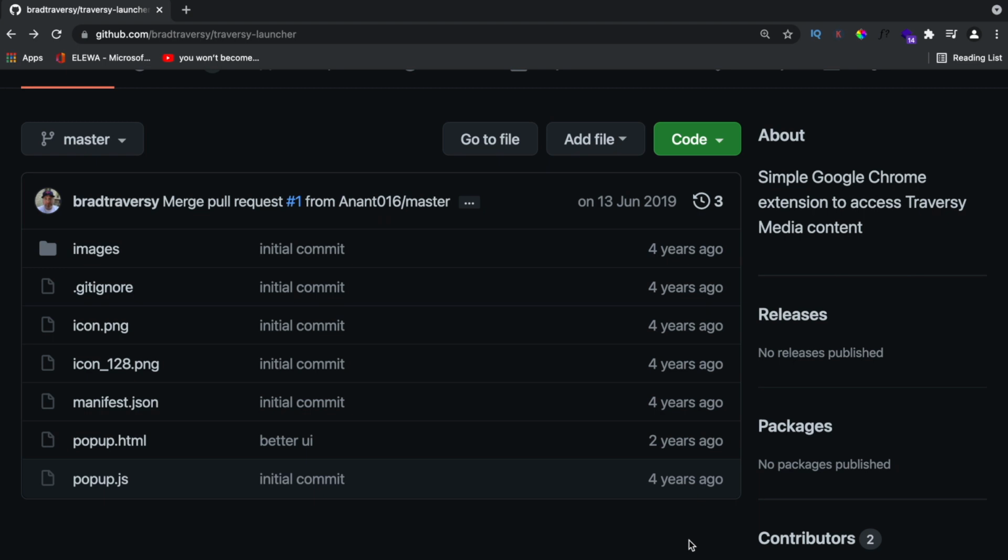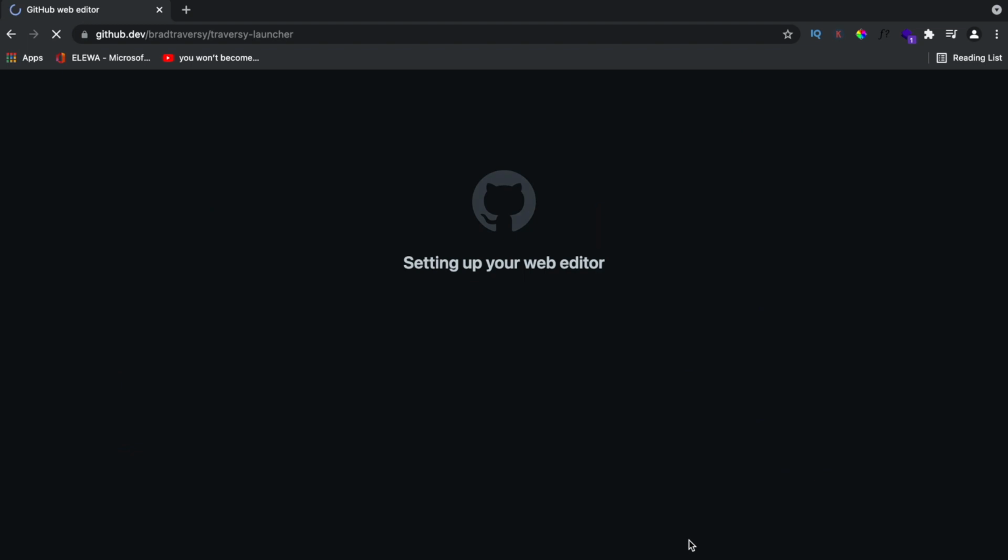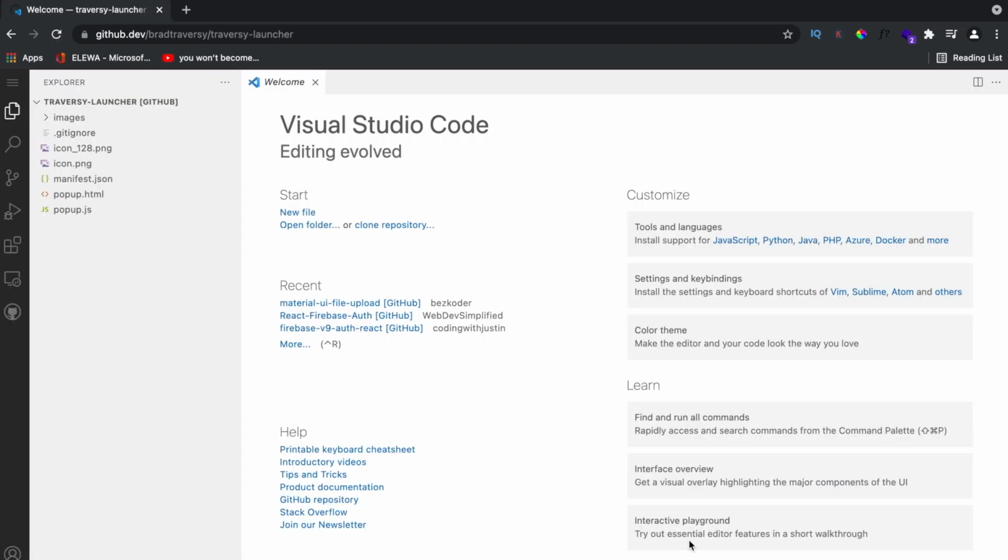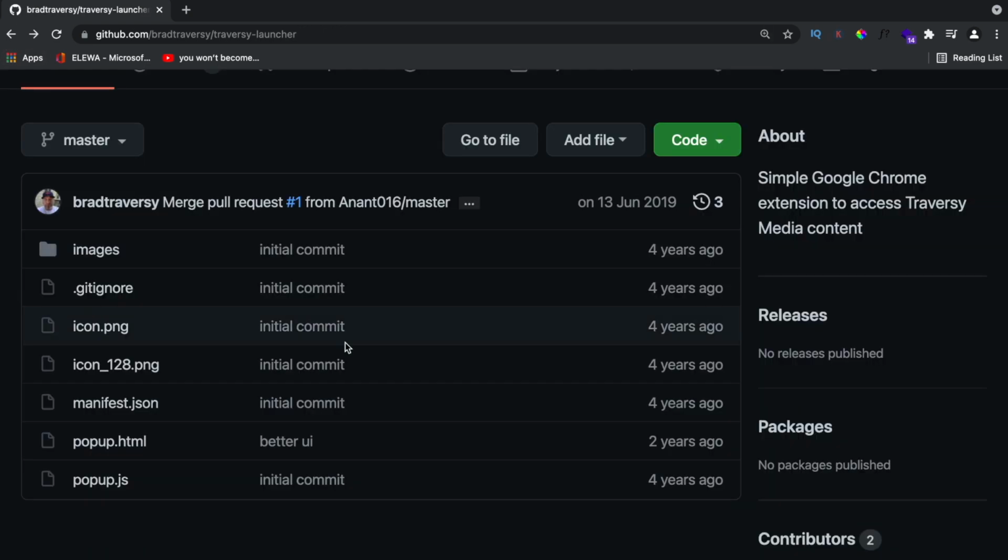Hey guys, in this video I'm going to share with you a neat little GitHub trick that you may or may not know. Go to any GitHub repository and press period. And GitHub will spin up a web editor for you. It will organize all the code in that repository as a file system. You go to any GitHub repository, press period, and it will spin up for you a web-based Visual Studio Code